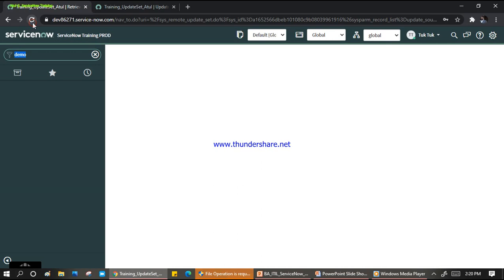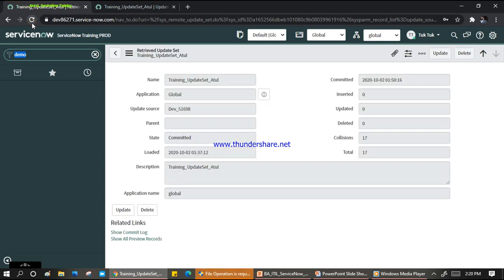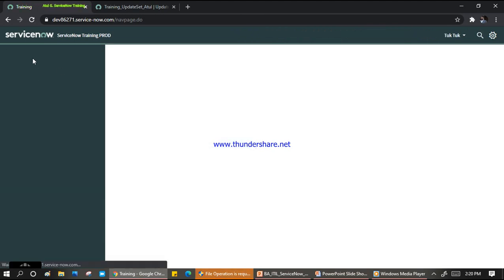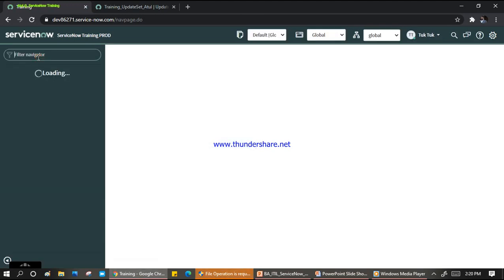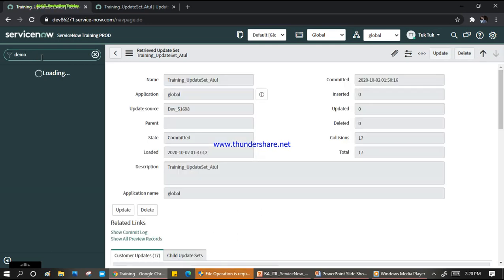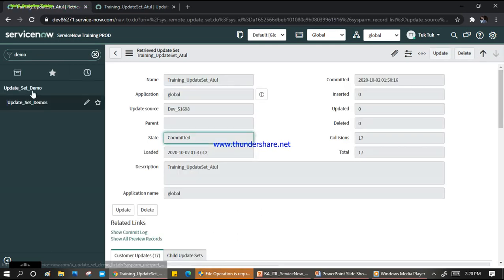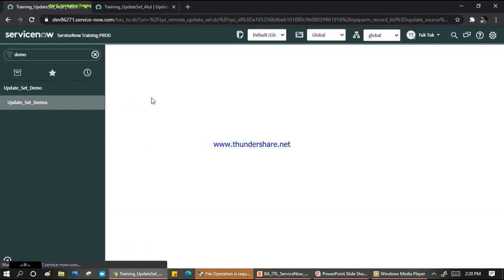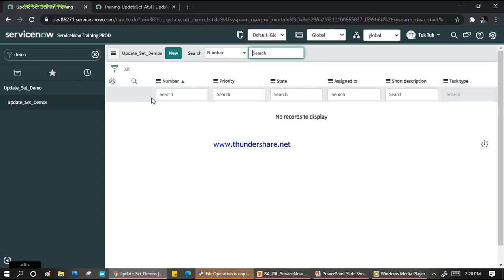Let me refresh my link again and search for the demo. So you can see the application has been retrieved again in the system. So this way you can do the update set movement and the retrieving, previewing, committing and the backout.